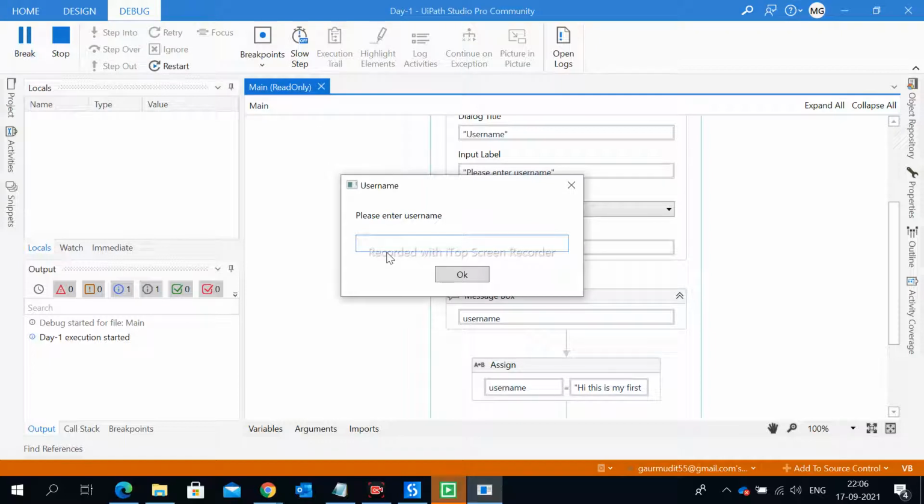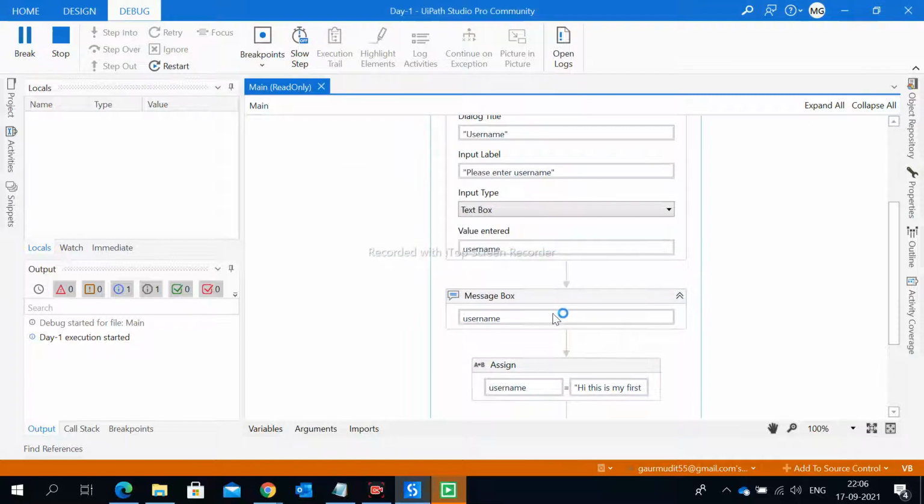Okay, enter your name. I'm entering Sumit Sharma. After that, we have a message box. As you can see in the message box, we have Sumit Sharma.